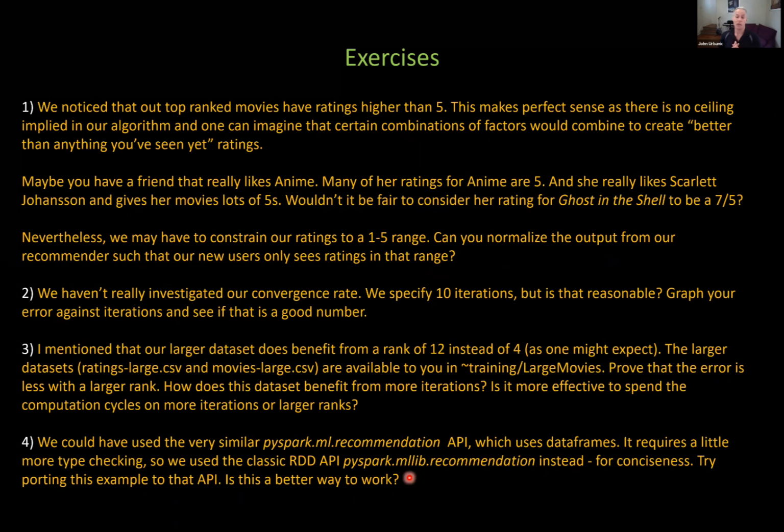But that's good, and you'll find that it runs faster as well once things are in data frames. So this is a good time to give the data frames API a shot, and go ahead and port this example and see what you think. Is this a better way to work? Takes a little more effort, but it has some payback. And I think honestly, it also is much more maintainable. I mean, data frames make it very obvious to everybody what things are supposed to be in the code. And so beyond the optimization improvement, which could be considerable, it's just going to be more maintainable.